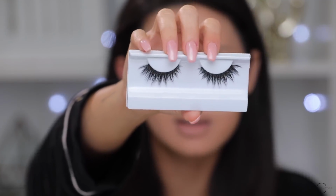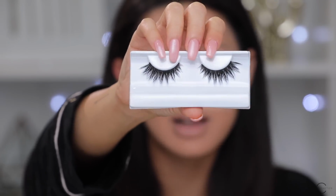So now I'm just gonna move on to the lashes. I know this is going so fast, but trust me, you don't really need that many steps if you wanna look glam. So I'm just gonna go ahead and grab my lash glue. The lashes that I'm choosing are these guys right here from House of Lashes. These are the